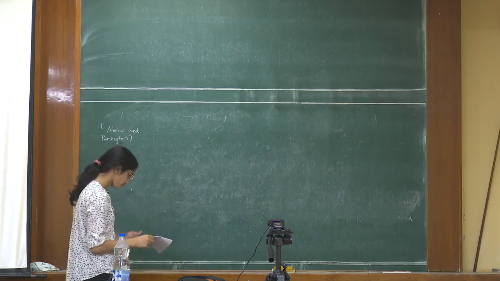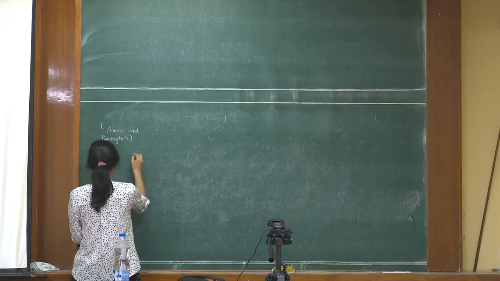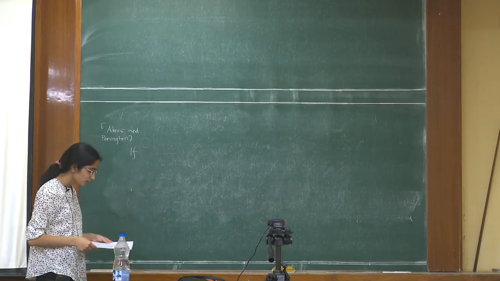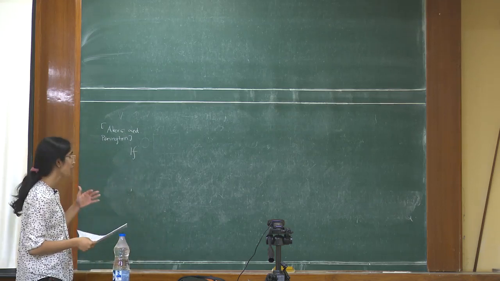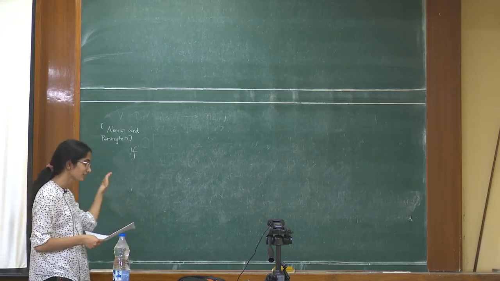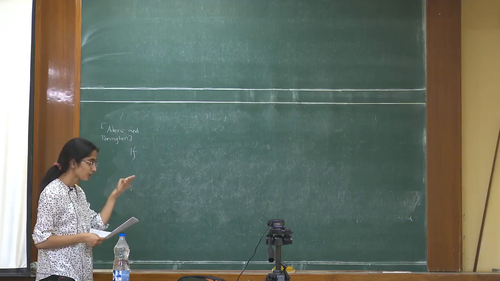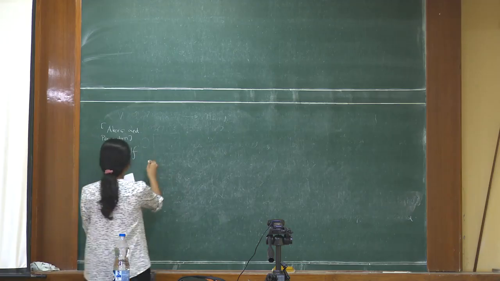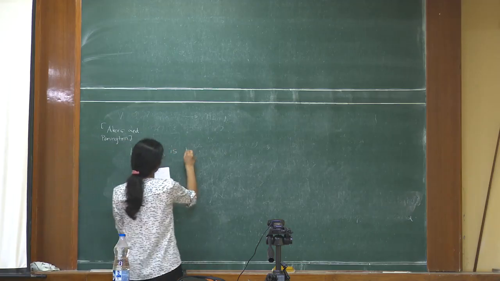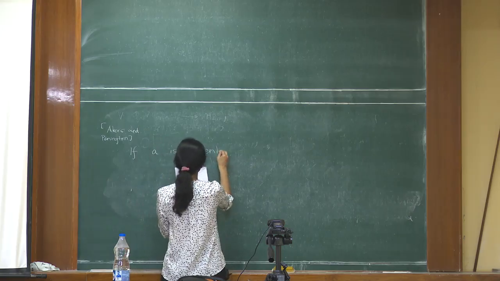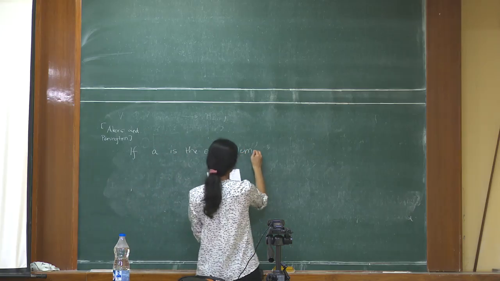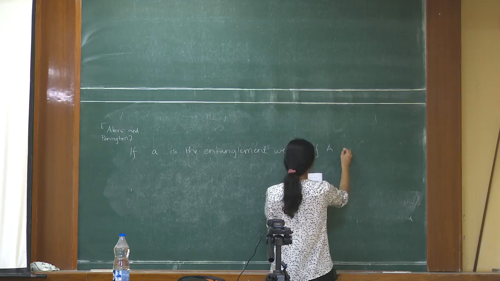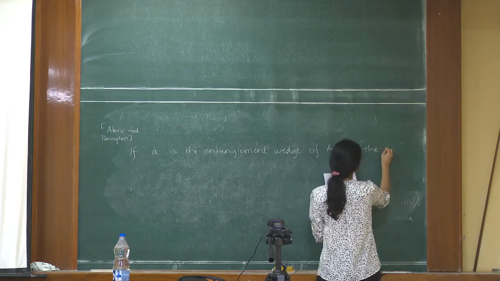Okay, so according to them, the statement that should be equivalent in the more general case to having little a being the entanglement wedge of capital A and having the generalized QES formula is that if little a is the entanglement wedge of capital A in the particular state psi,